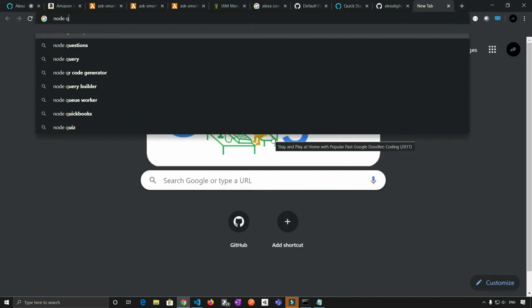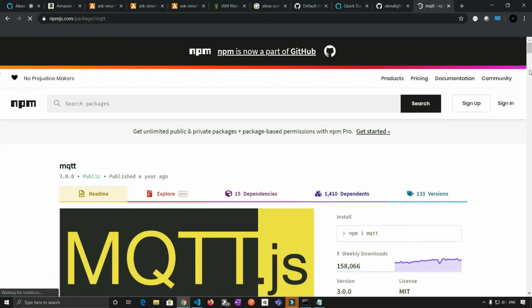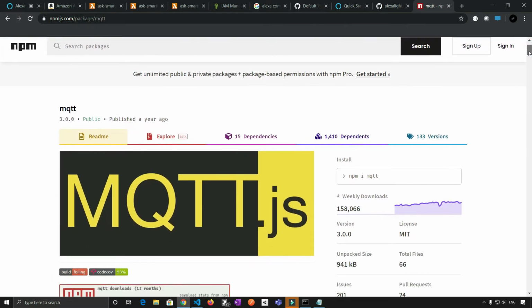So search for Node MQTT, open up this particular library, and the latest version which is going on is 3.0.0. And the way we install it is npm space i, which stands for install, space MQTT.